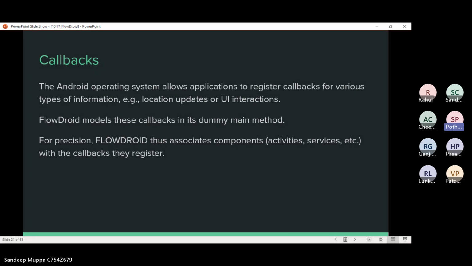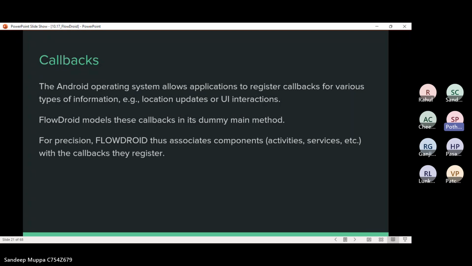In a similar way, to maintain precision, FlowDroid associates components like activities and services with the callbacks they register. For example, an activity may register callbacks that are invoked when a button is pressed.